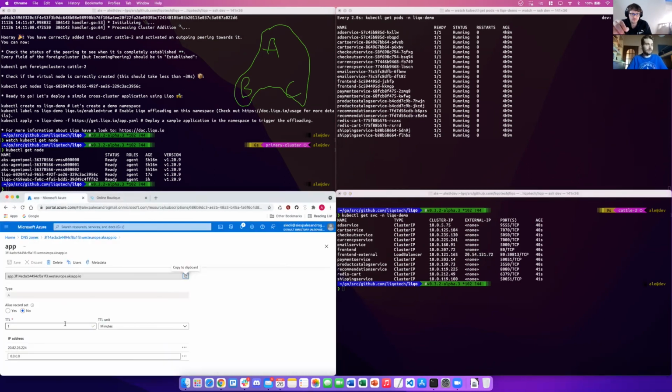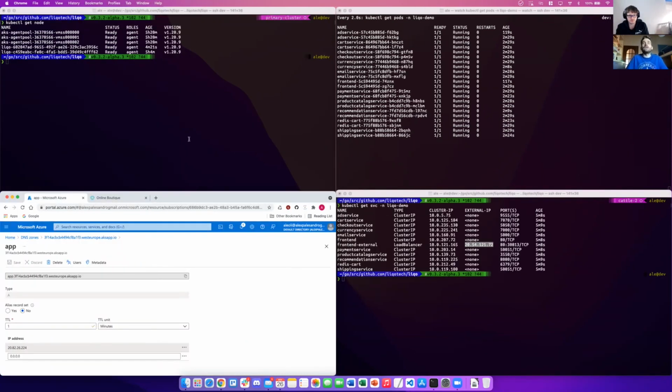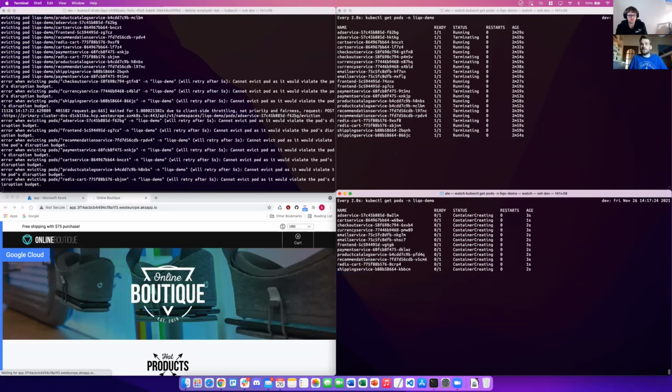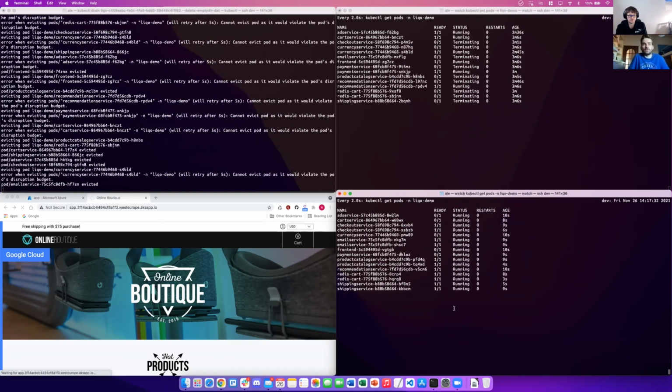So we can go on our DNS service and change, if I copy the IP, the destination IP, so it will be accessed from the second cluster. We can set the watch on our pods. Now we can see that we have the two remote nodes for the two clusters. So we can drain the old virtual node, that is that one. Wait a moment for the application. We can drain this node. We can see that the pods are going to the new cluster in a graceful way.